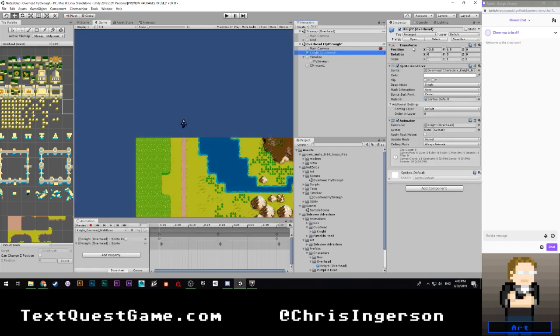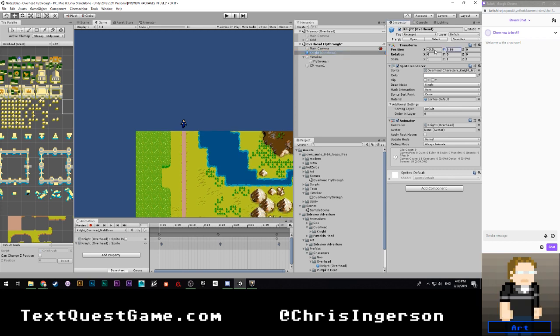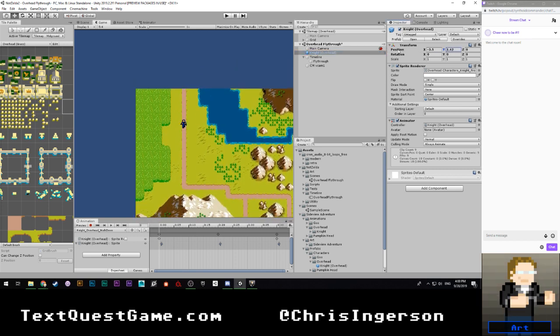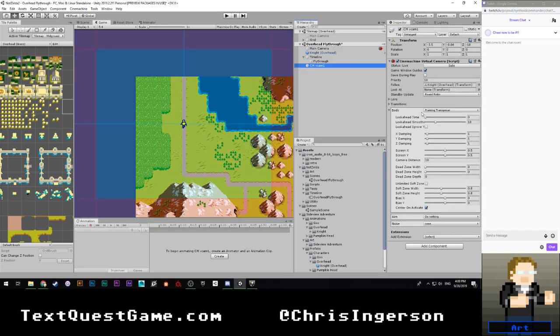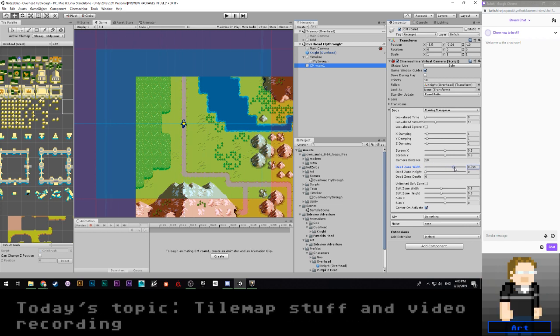Okay, and then if we were to move our knight, cool. So it's going to be working there. I wonder if there are limitations that we can set up on that. So if we were to do something like X damping, screen X, dead zone width. So this is a hard follow right now. I could kind of space that out, but we probably want it to be... Actually, no. So we want this to be about